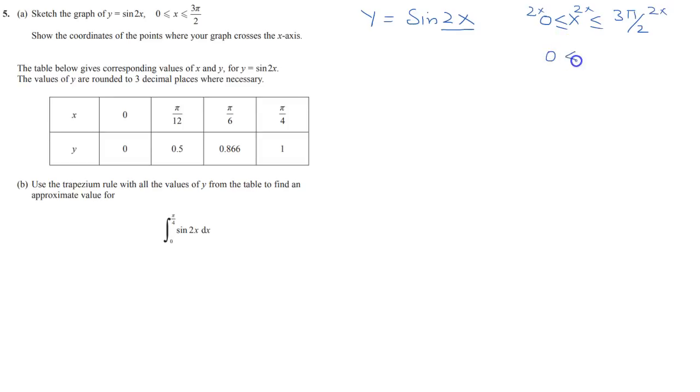So this is 0, 2x, and this is 3 pi. Now for the equation of sine, this is pi, this is 2 pi, and this is 3 pi over 2. If this is 1,